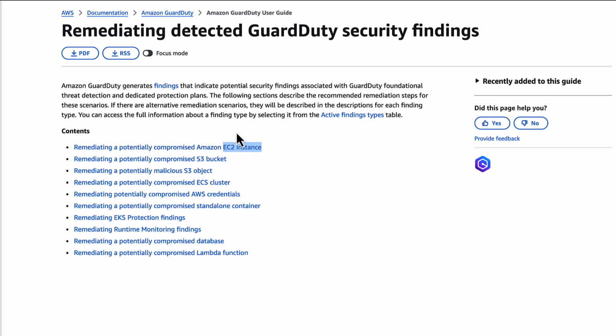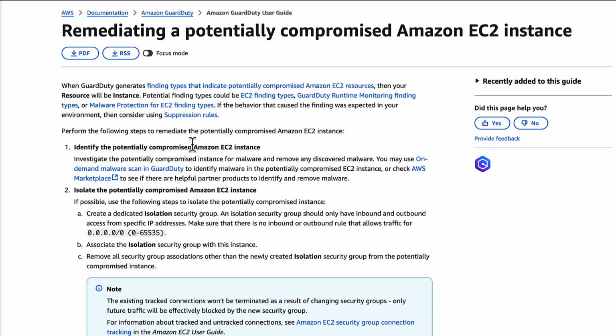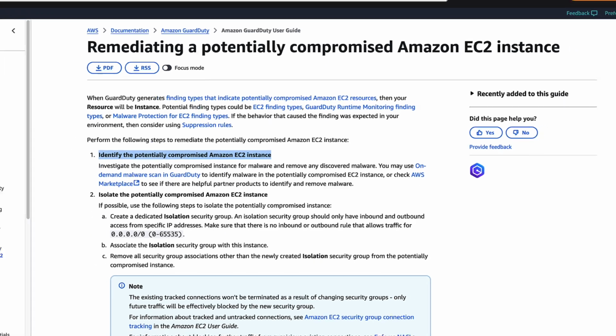Let's say we have a finding, there's malware found on EC2. What do we do? First, identify the potentially compromised Amazon EC2 instance. So in GuardDuty, that should be pretty obvious. It will show you the instance ID. In cases where it doesn't show you the instance ID when you have a finding in GuardDuty or other systems,